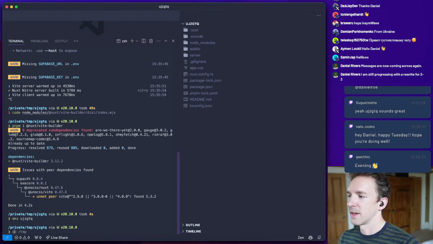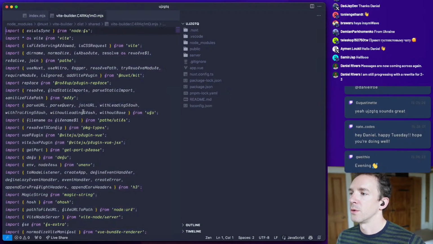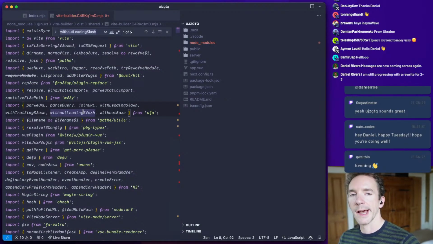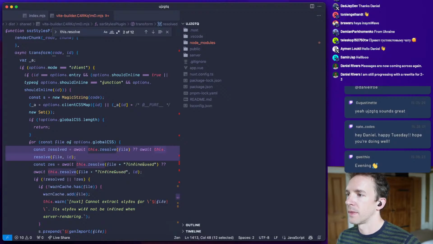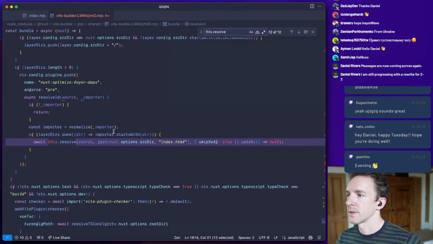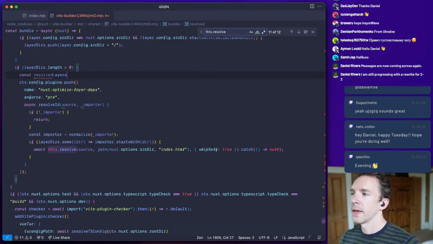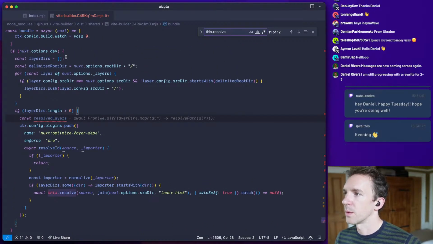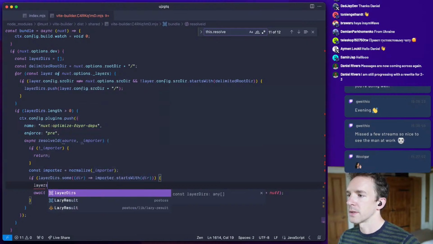Okay, let's code, node modules, that is what we want. And pop into here, and we're going to have a little look at this. No, come on. This. Okay, so we're just going to say const resolved layers. Wait a second, we already have that layer dirs here. So we're going to say layer dirs